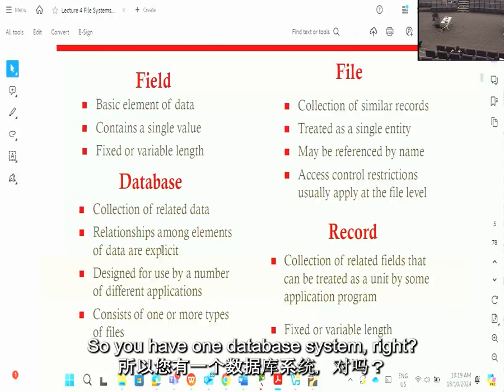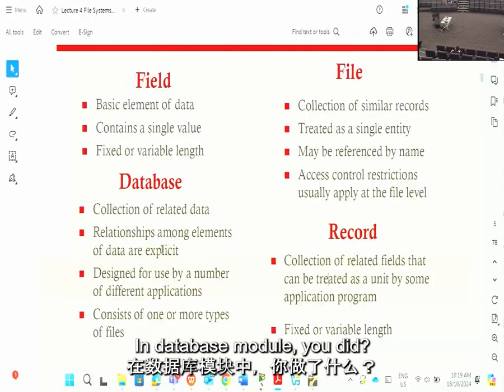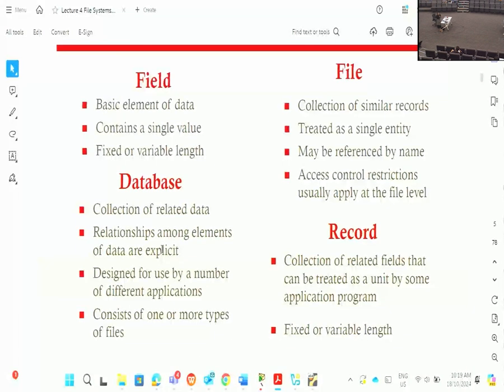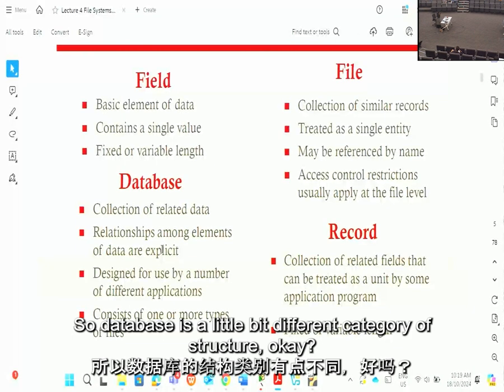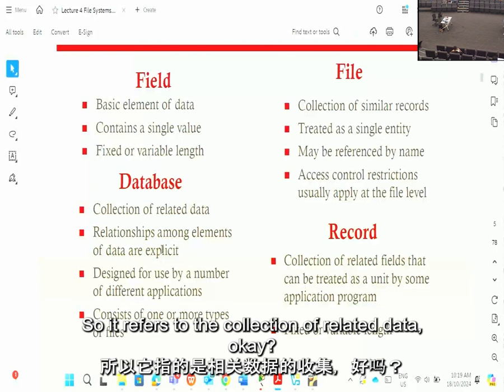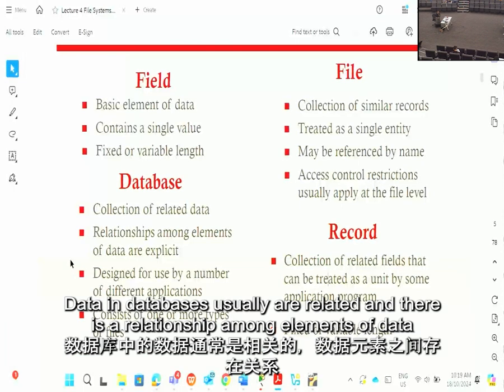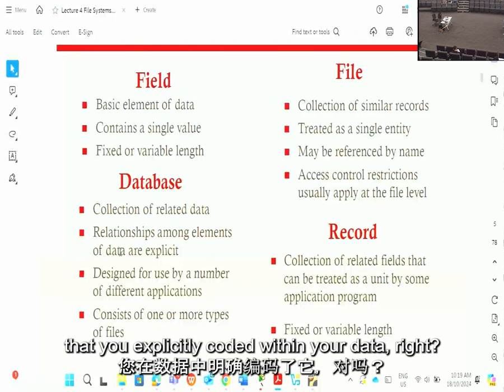So you have learned database systems, right? In the database module, you did? Yes, okay. So database is a little bit different category of structure. It refers to the collection of related data. Data in databases usually are related, and there is a relationship among elements of data that you explicitly coded within your